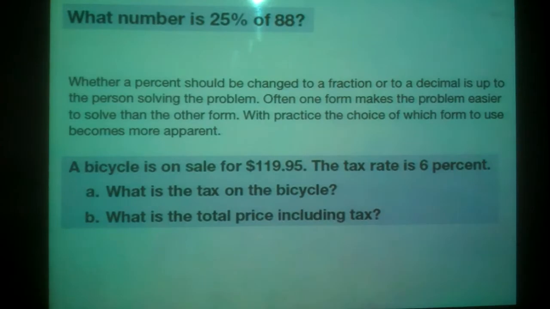So maybe on this one here, we won't go through this one. It's in your book if you want to see the answer. But the bicycle is on sale for $119.95. The tax rate is 6%. So to figure out the tax rate, I would do